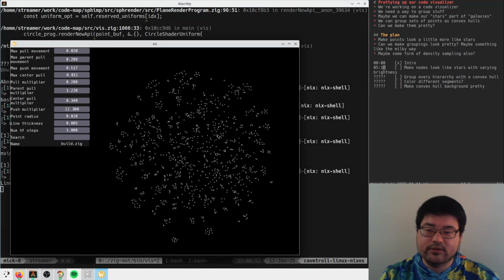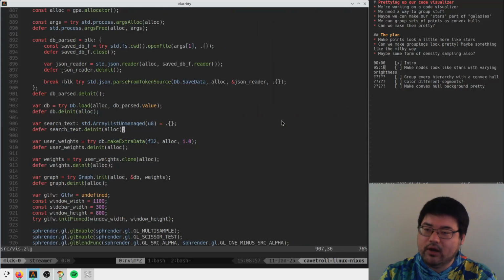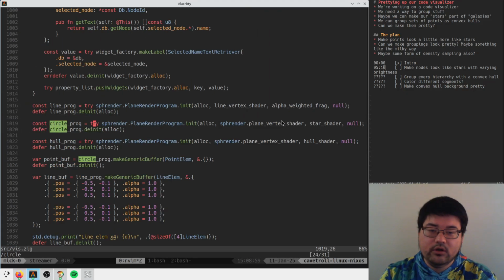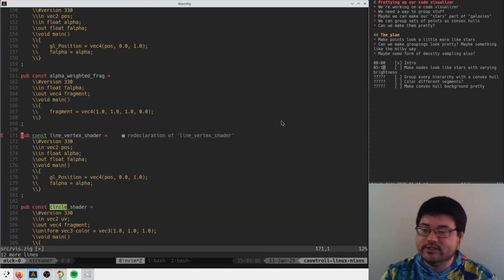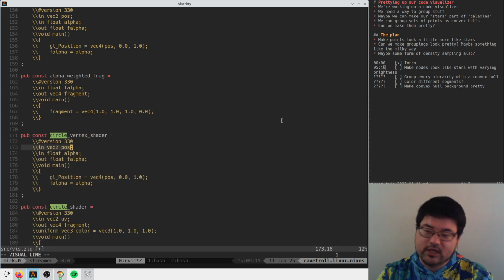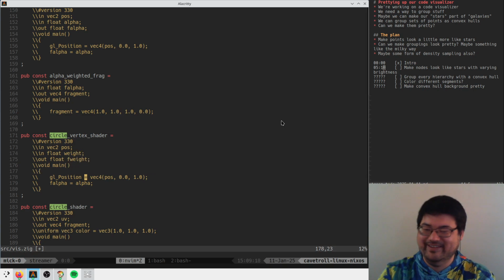Okay, so this is back. This is working. And now let's try to add a weight parameter to this thing. So circle, we're going to use a new shader. We'll call this the circle vertex shader. It's going to take in a position and also a weight. And we will pass that weight to the fragment shader as weight. Okay, so weight here is equal to weight. And then the